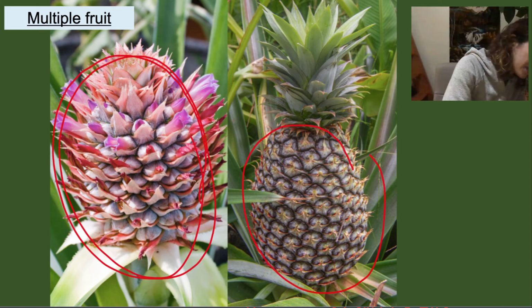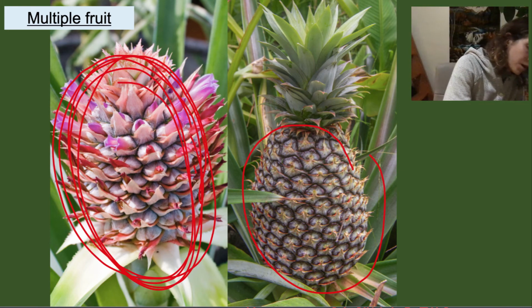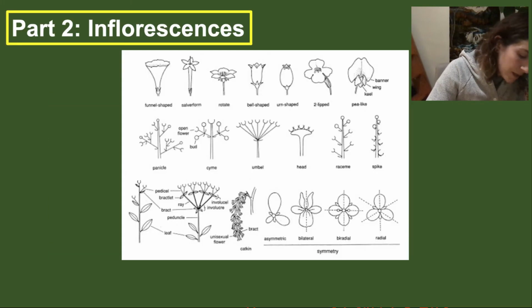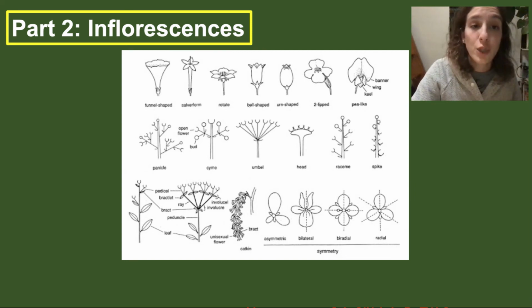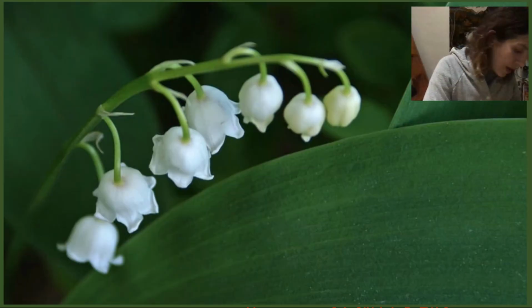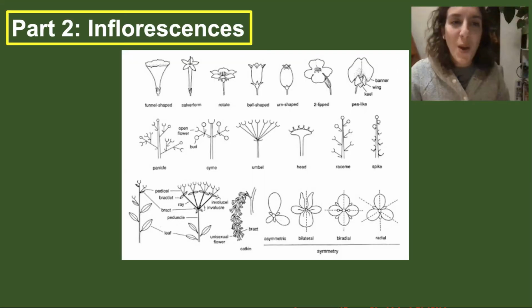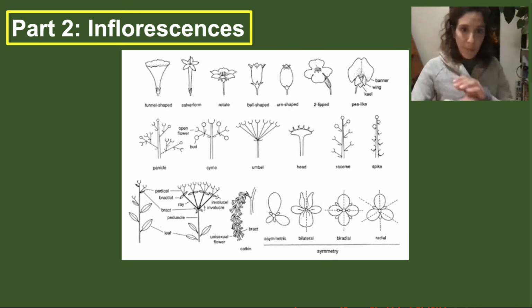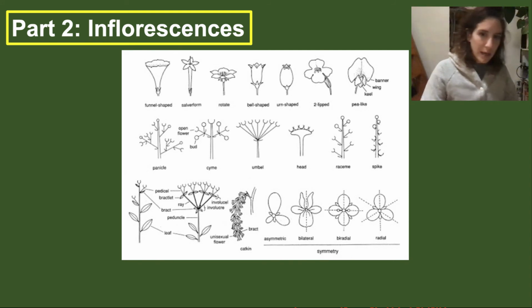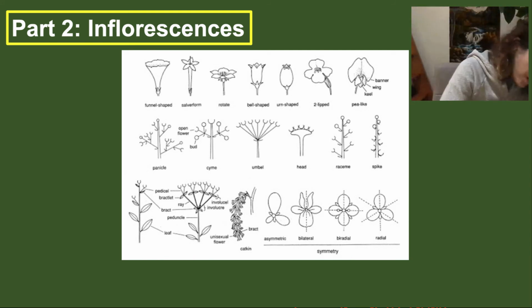Now, like I said, this is a cluster of flowers over here on our left. That is my segue to part 2. Inflorescences. Notice this picture is from the Jepson manual as well. Please reference that. This is a good summary,